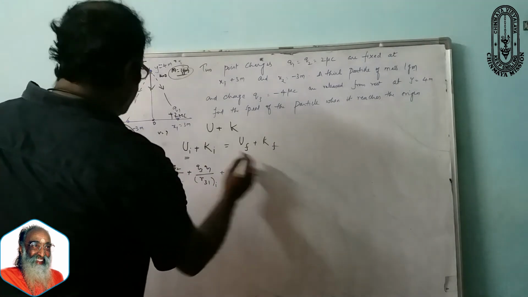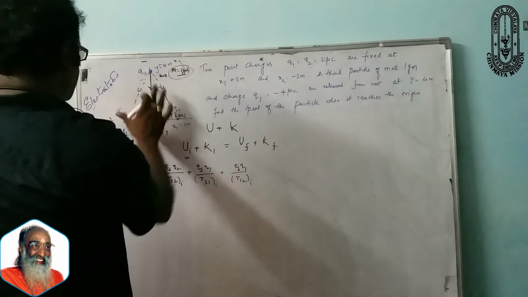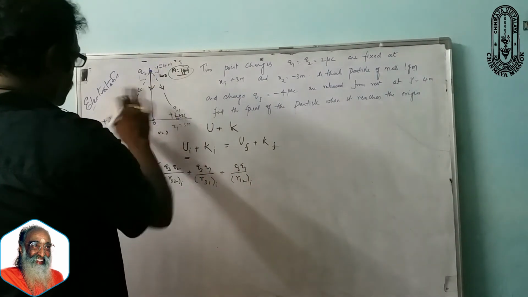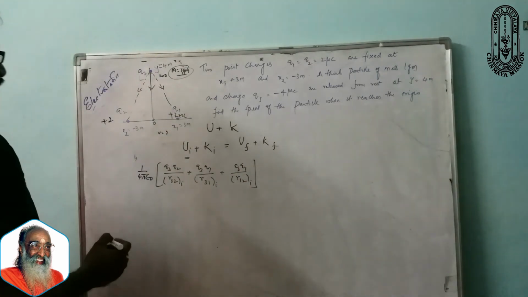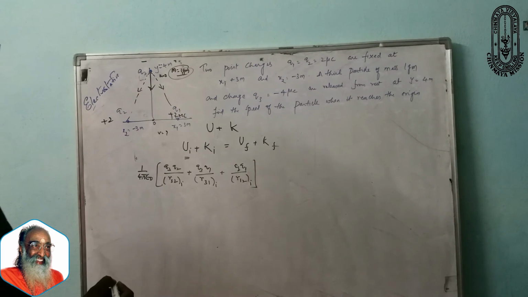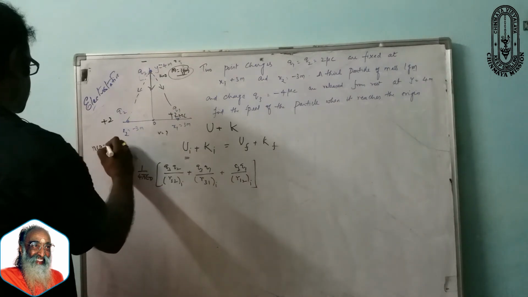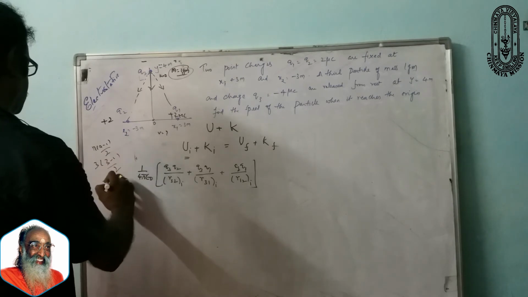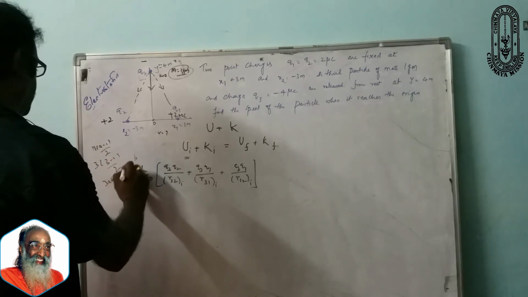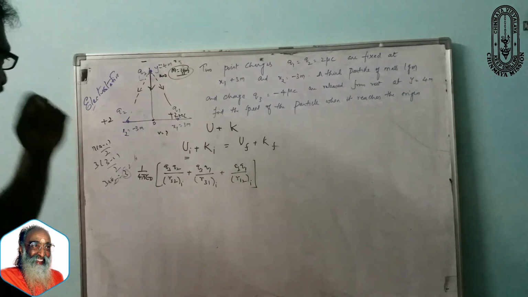Okay, so now these are only the pairs, one between these two and these two, and so we are going to have 3 pairs here. If you want, you can check it out: n into n minus 1 by 2, 3 into 3 minus 1 by 2, so it is 3 into 2 by 2, so you are going to get 3 pairs. So your answer is right, it is 3 pairs.